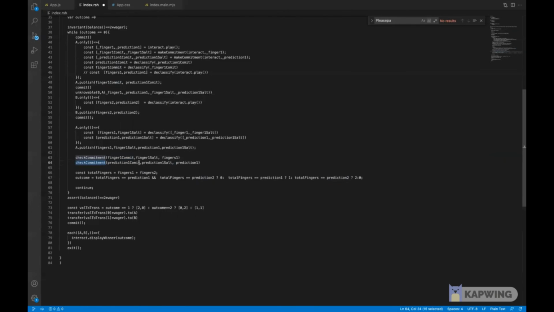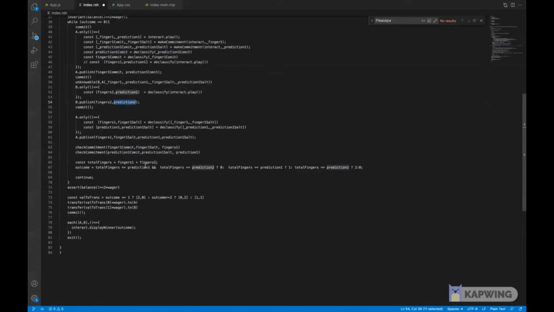We check the commitment again for the prediction to make sure the person entered the right prediction, and that it did not change after he got access to the values of the fingers for the second player. So that's the point of a commitment: we can verify that the particular value did not change. So someone can make a commitment that, okay,